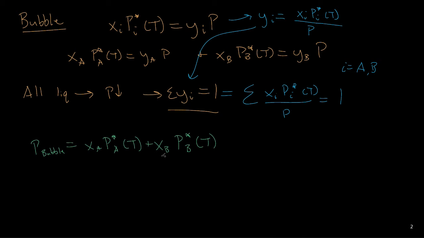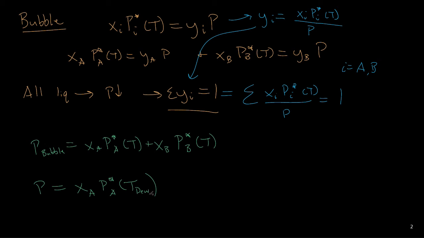And from this expression here, we can see that based on the composition of XA and XB, if we know the vapor pressure, which is a material property, we can calculate the pressure at which that first bubble will form. Now in the case of the bubble temperature, we would know the system pressure. We would have exactly the same equation,